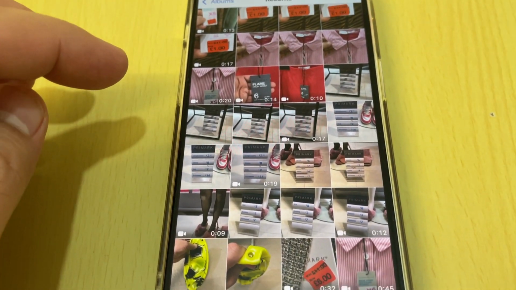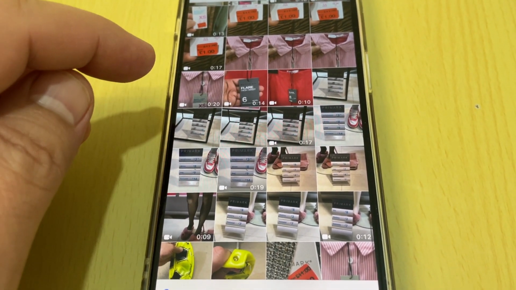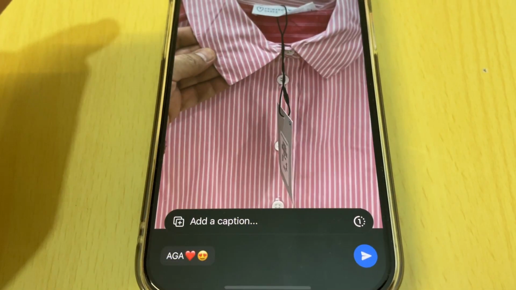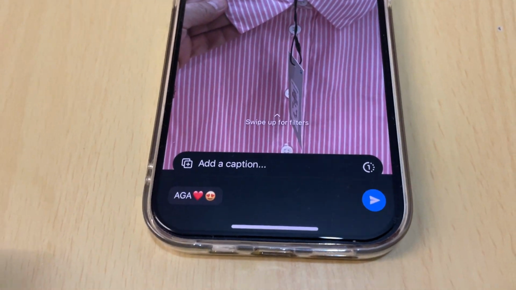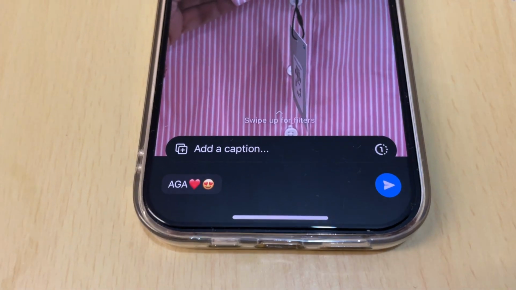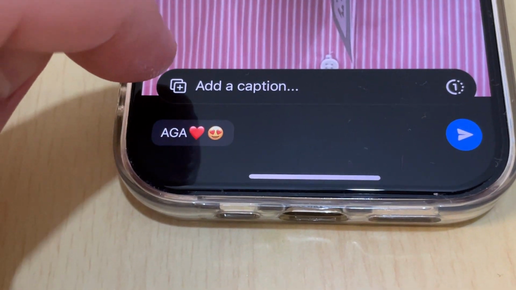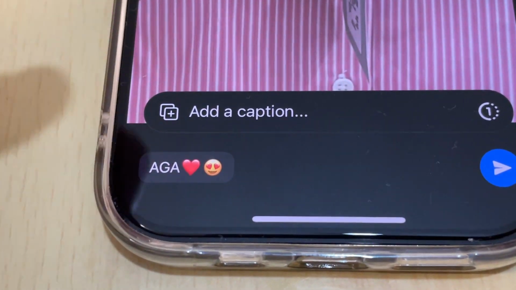Okay, here we got lots of files, so we can choose video or photos. So I choose one. You can send, but if you want to send multiple files, all you have to do is to select and click on this plus button here,